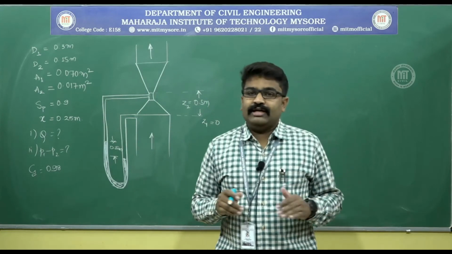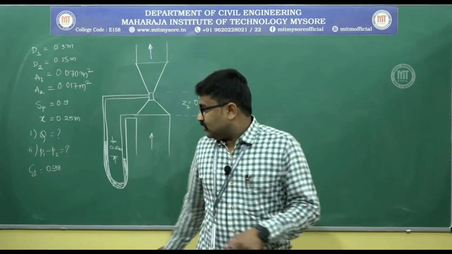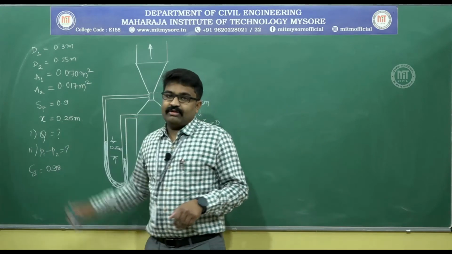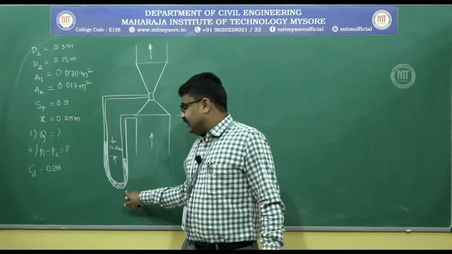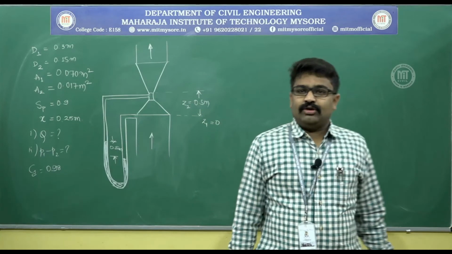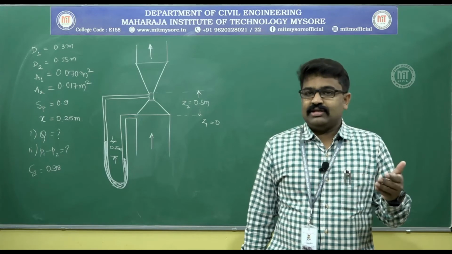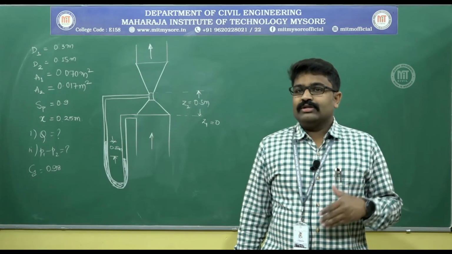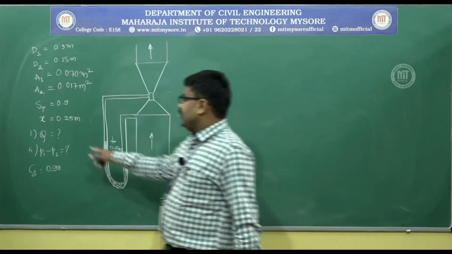If you can find out H, discharge can be calculated. How do I calculate H? For which you have been given X. From the given X, how do you calculate H? It is a heavier liquid in the manometer. That means H is equal to X into S manometer divided by S pipe minus 1. Everything is known. You can calculate H. Once you get H, you can easily calculate Q. So, first question can be answered.